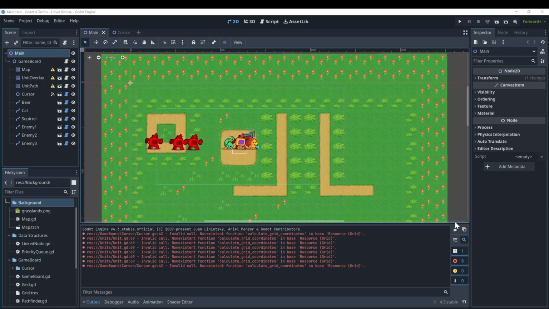So as you can see here, I've already opened up the project. This is the project based off of the previous video, which is the hover display. So I'll be working off of that code, but I'll also be updating the other projects on GitHub as